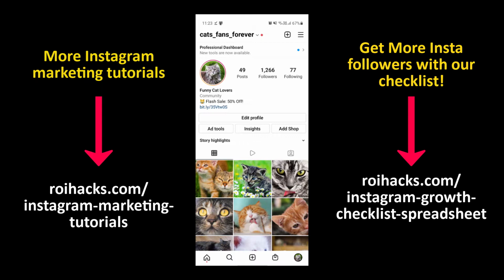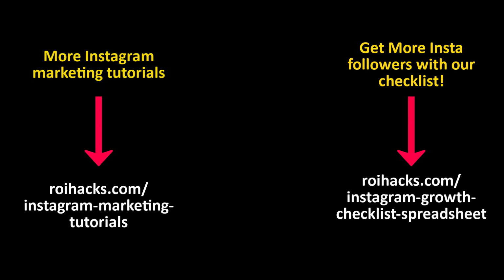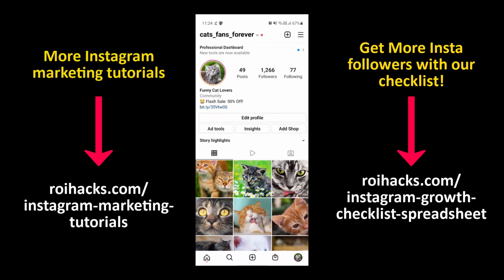And secondly, you have to connect this business account to a Facebook page you also own, because then it's obvious when you share a post on Instagram where you want to share that post on Facebook as well. If you meet these two requirements, then it's really easy to set this up.